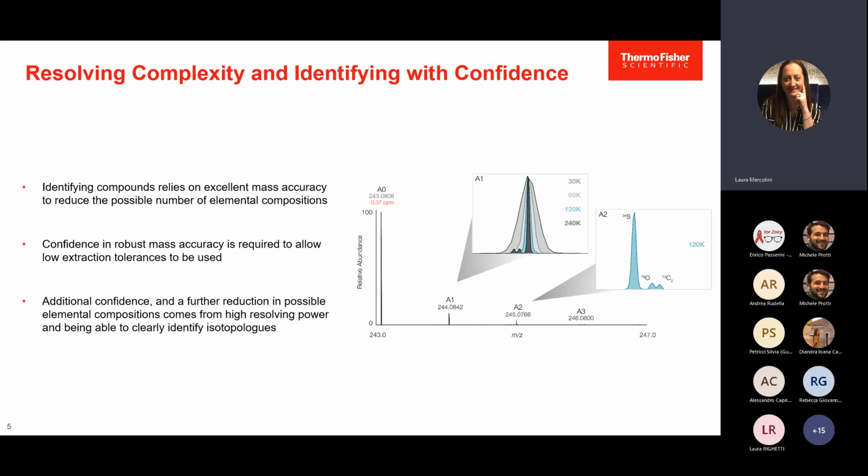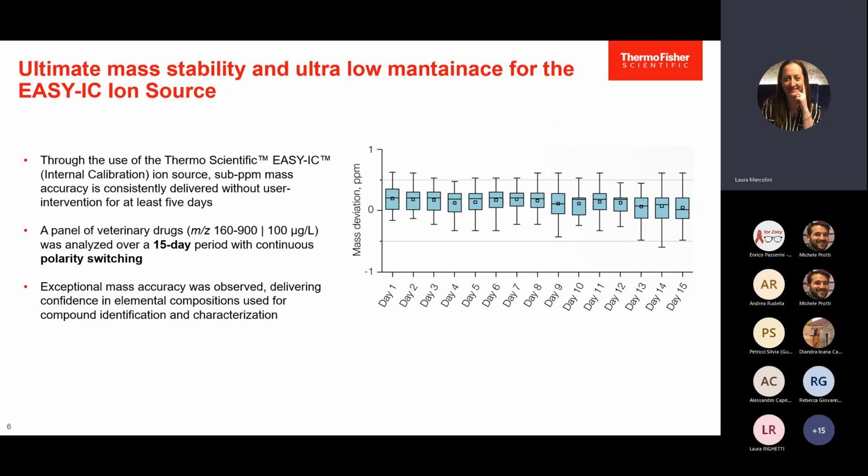Don't forget the robustness and the sensitivity of the instrument. Coming back to the low maintenance and robustness and the ability to stay low in mass error over time, the new